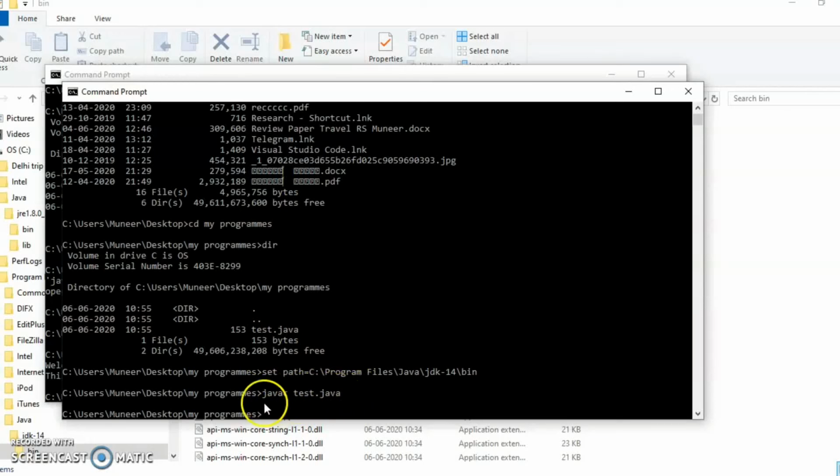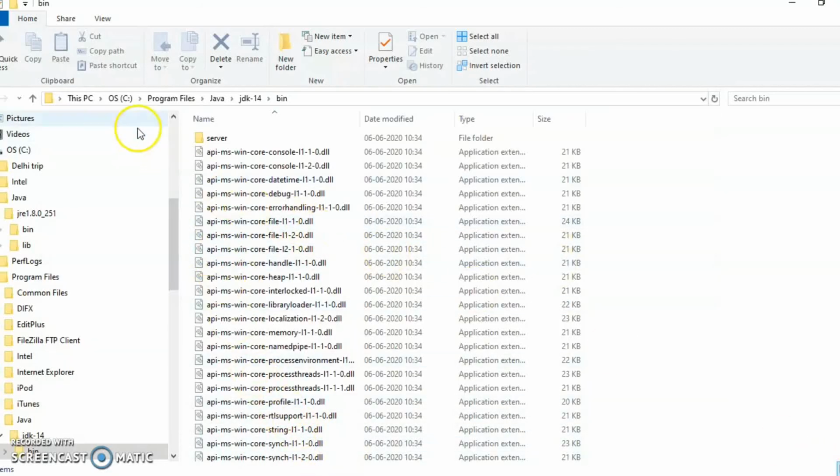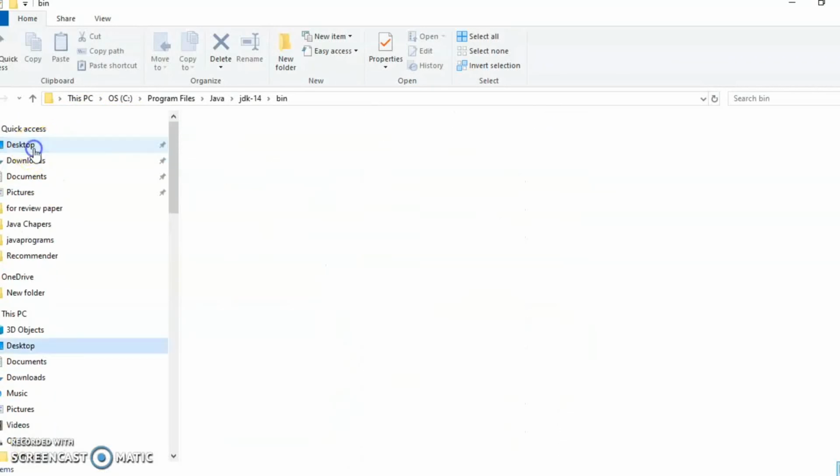This is compilation. This is the most important area of your program, because once your program has been compiled, our source code Java file has been converted to another format, that is what is called intermediate code or bytecode. Intermediate code or bytecode is generated, and that file will have the same name as our program name with extension class. Instead of .java, it will be .class. Let's go to desktop and check whether the class file has been generated.